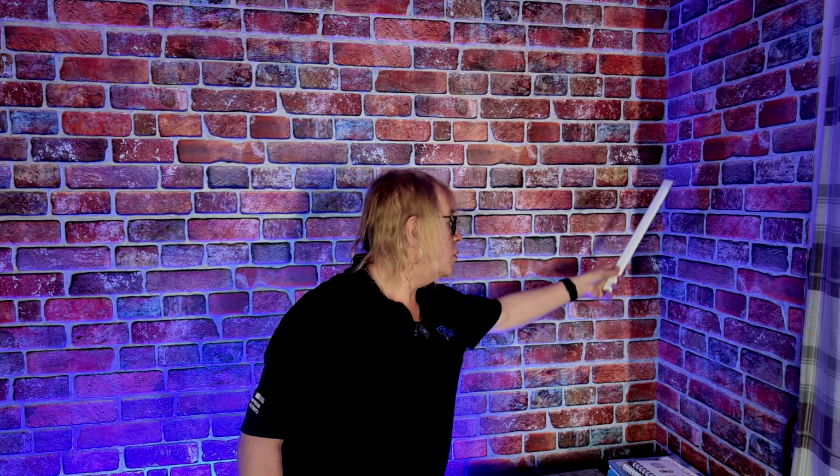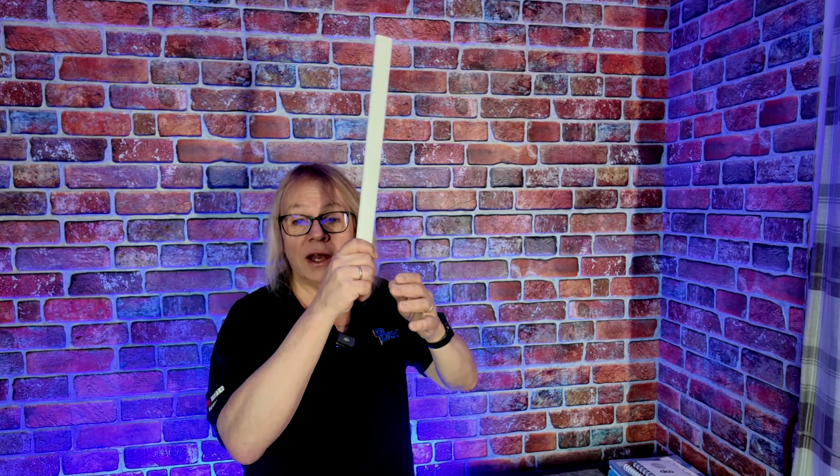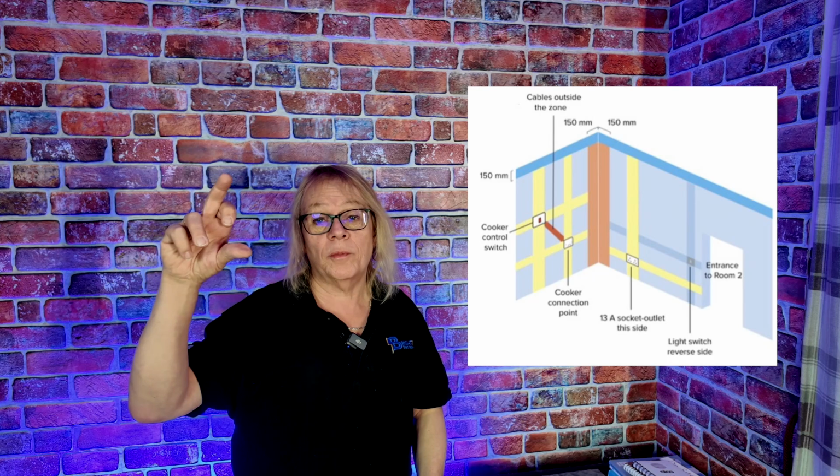When we're feeding cables around rooms, there are other safe zones. There's a zone in the corner. So we can put in cables here. We'll also put in cables there. But if we need to get that cable over to the other side of the room, because that is the only source of power, we would be taking the cables up the wall, up to the ceiling, and again a safe zone around the top of the wall,